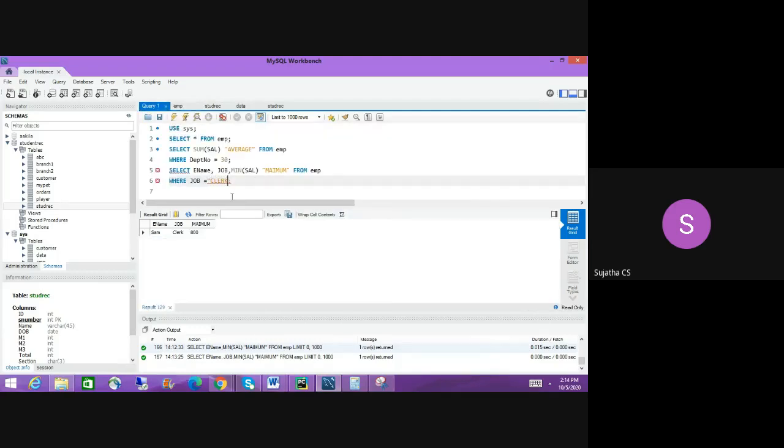So what will happen? You are writing a query, and it will check the where clause first, where job is clerk. Then it will select name, job, minimum salary of those persons. Let me execute this. Sam, clerk. Let me make it maximum. We have seen minimum already, right? So if you run this query,